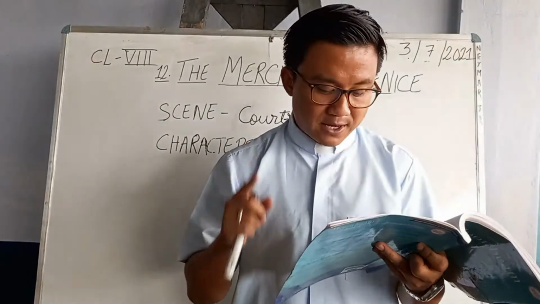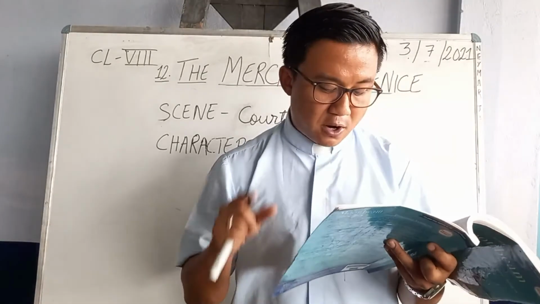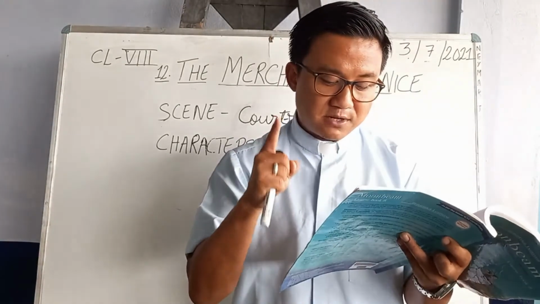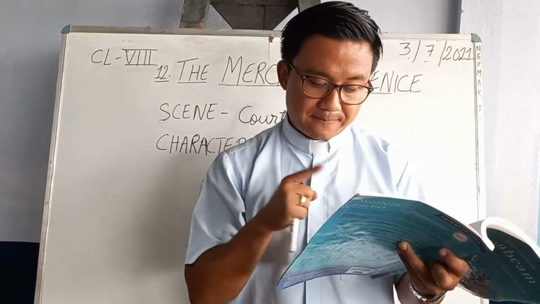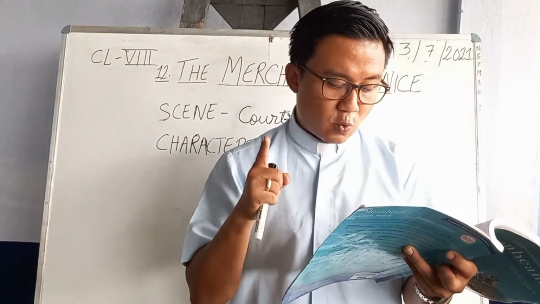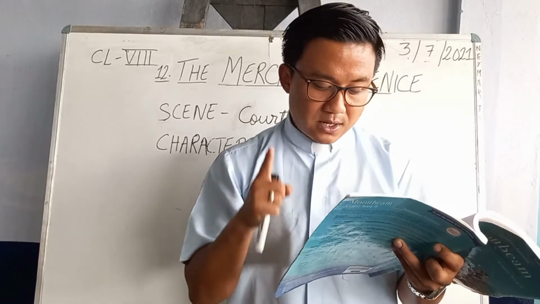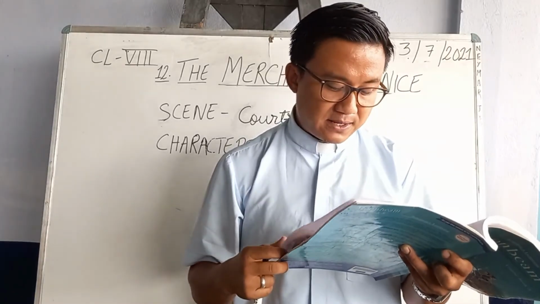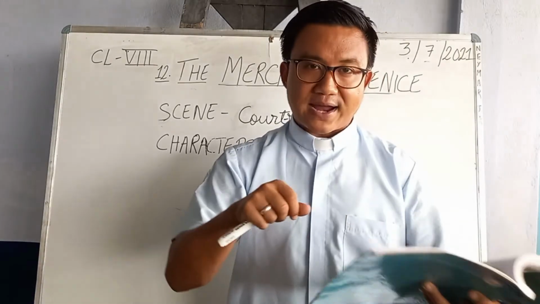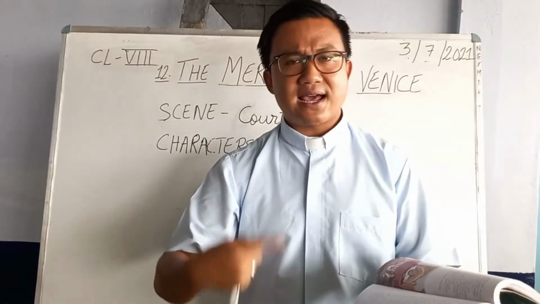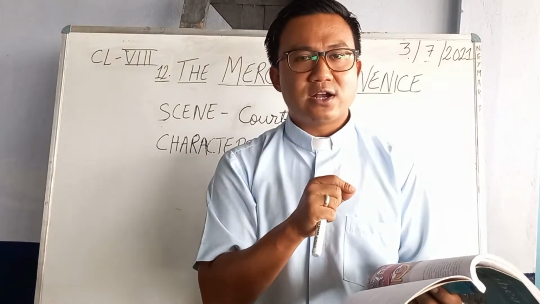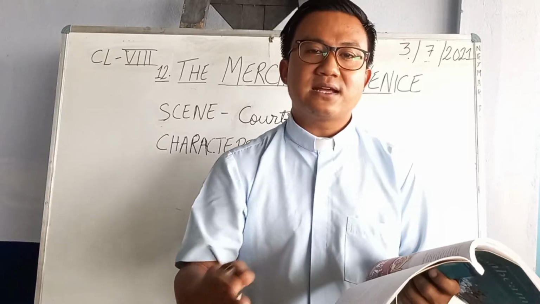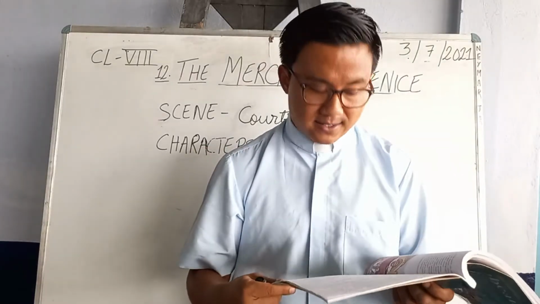Portia: Well, the money wasn't paid back, and so the money lender may lawfully claim a pound of flesh nearest the merchant's heart, that is the agreement, to be cut off by him. But please, won't you consider showing mercy? Take 3 times your money, and tell me to tear up this contract. Now, Portia is still trying till the last, very hard, to at least convince Shylock to forget about the agreement and take 3 times more amount of that.